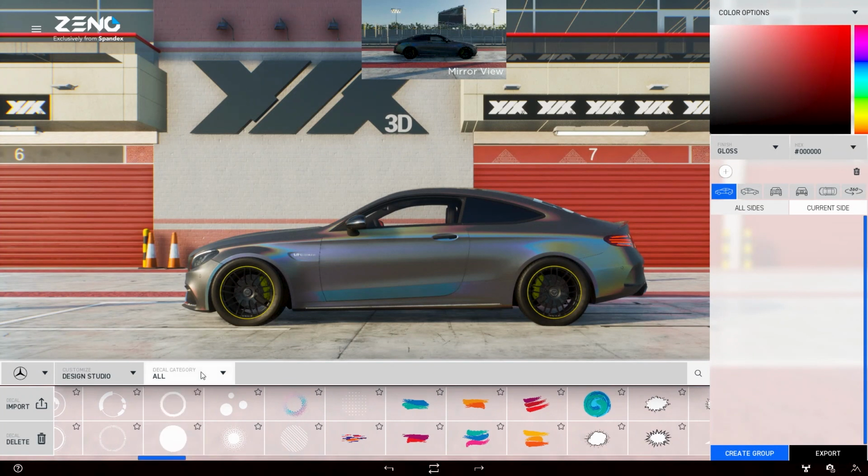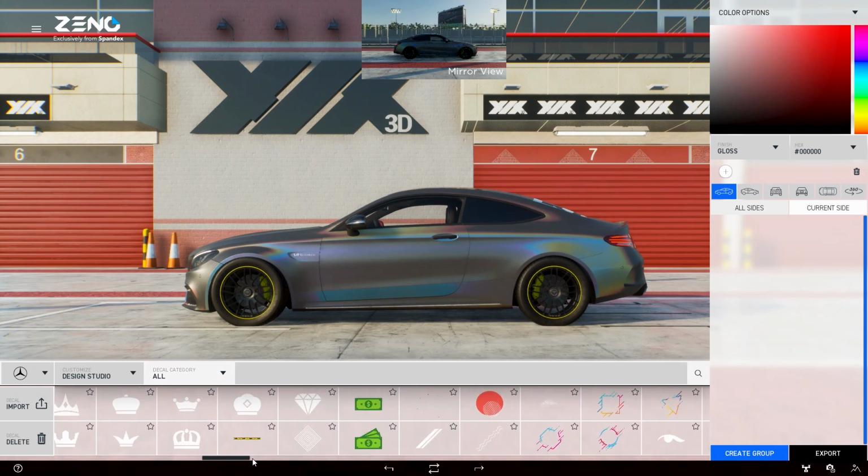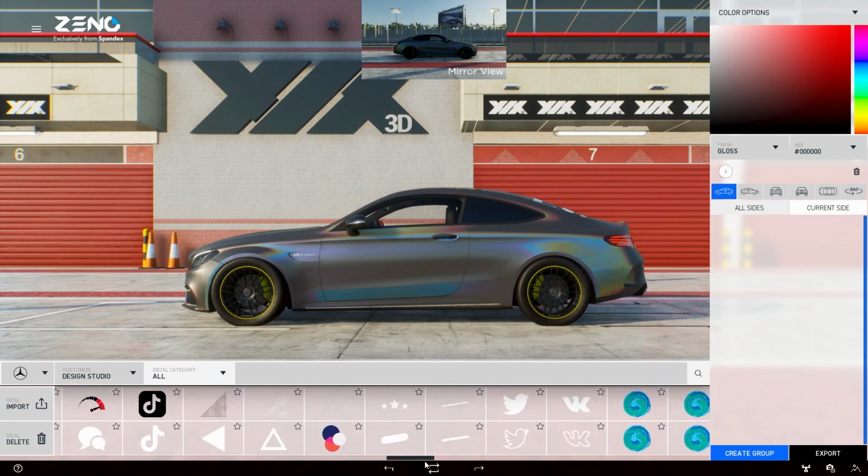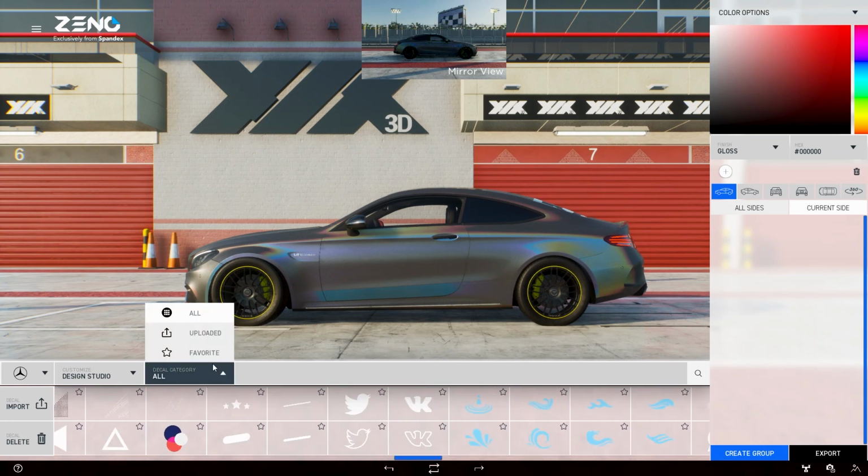There are more than 1,000 vectors to use, images, pretty much everything you might need. In our case, we want to sell some stripes running from the front to the back. So we can just use the bar to find them. Or we may already have them in our favorites.